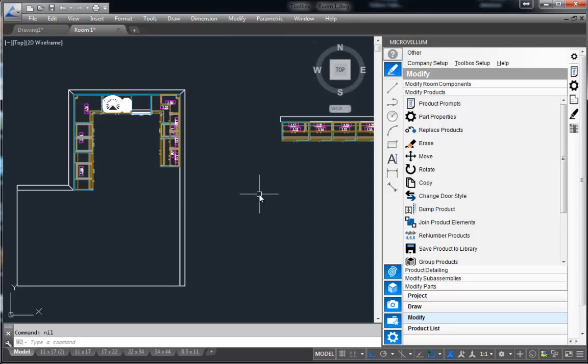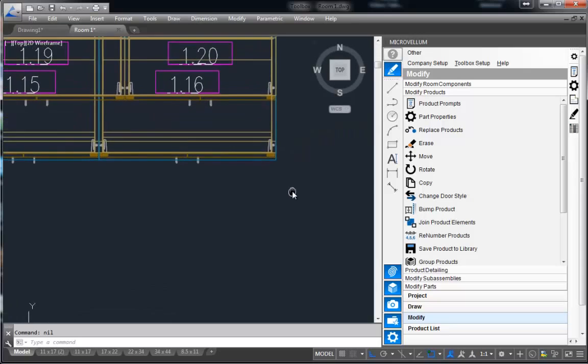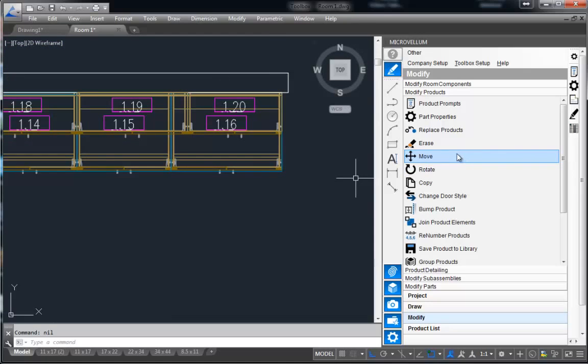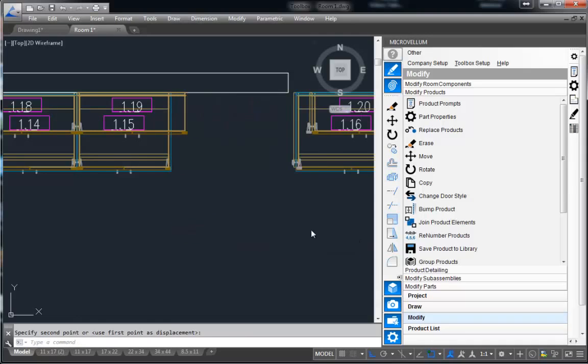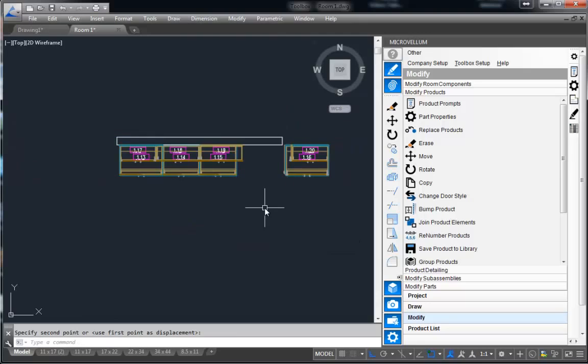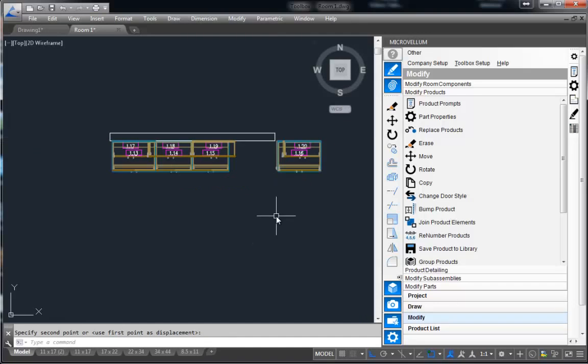To show you this concept, we'll go ahead and take one of these products here, and instead of using the Toolbox move command, we're going to go ahead and use the AutoCAD move command. So we'll go to our toolbar here and we'll select our move command, and we'll just window a few of the products here. Now it's going to function and look like everything is moving in just the way it should. So we'll go ahead and select those entities, and then we'll just move them off the screen here. So in the drawing, we've moved those AutoCAD entities, but we actually haven't told Toolbox that those products have been